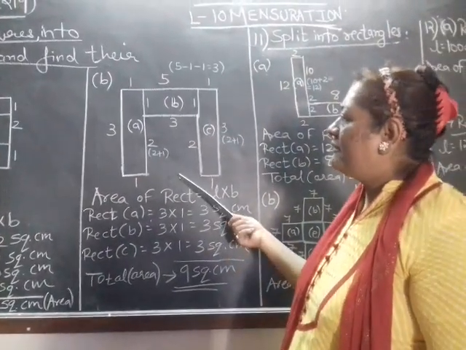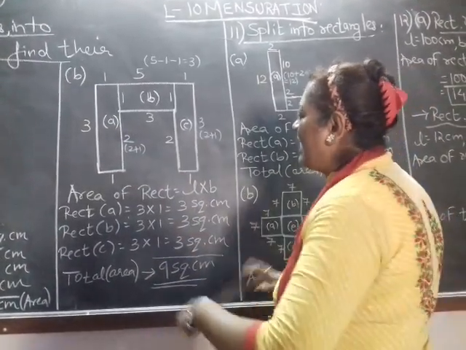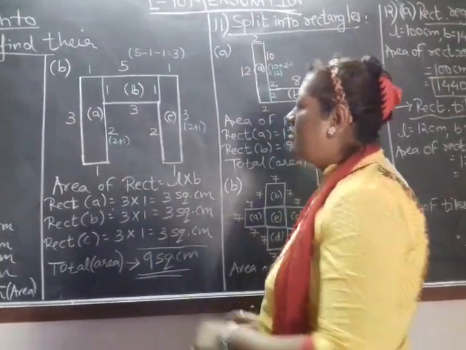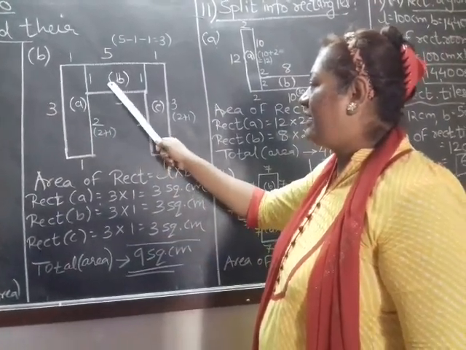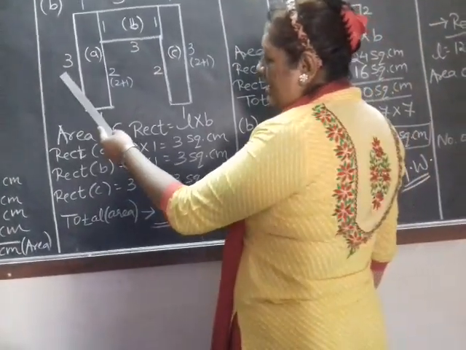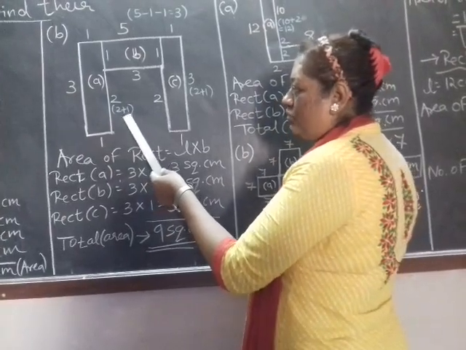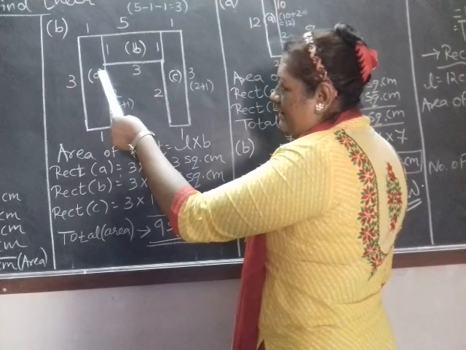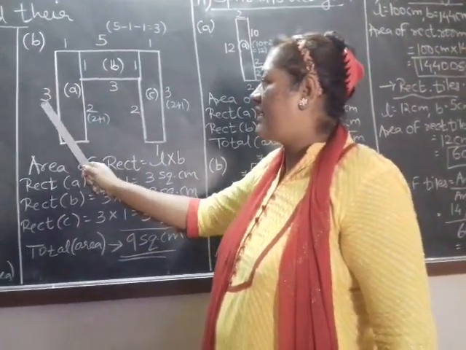In the same way, figure number B. You can check it out. This figure is given, and the white line that you see is already given in the textbook in question number 10. Now here also I have given 3 rectangles the names A, B, C, right? Now if here is 3, can it be 2? No. So how many more will you add to make 2 into 3? It will be 2 plus 1, 3. So I extended this 1 centimeter. You can see a blue line which I extended to make the lengths of rectangle A the same.